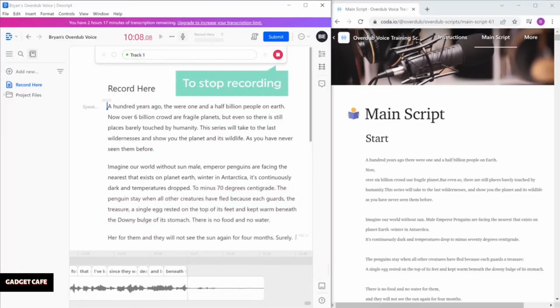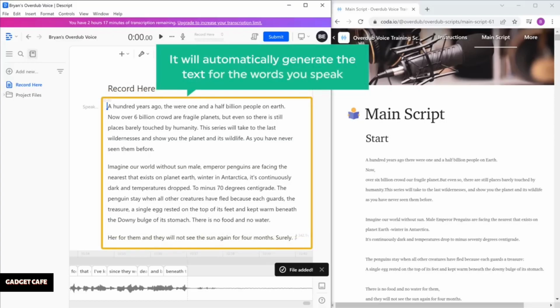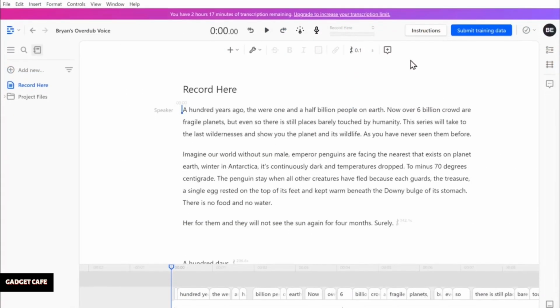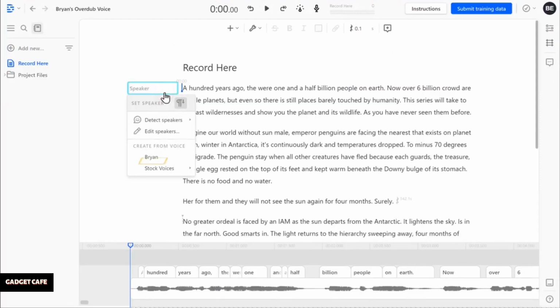To stop recording, you can click this red icon, and it will automatically generate the text for the words you speak. Now to check your recorded voice, just click speaker, select your name